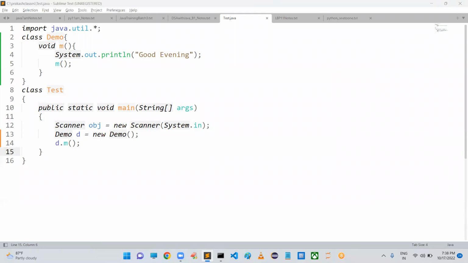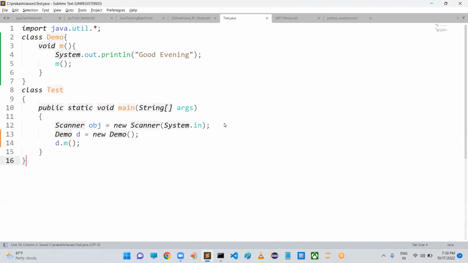Rohan is asking, sir, why don't we use a loop for this purpose? Sir, I will explain the difference between a looping statement and recursion. As of now, our topic is recursion. Please concentrate on this recursion. I will give the difference between when we have to use a loop and when we have to use recursion. I will give the definitions. Don't worry.